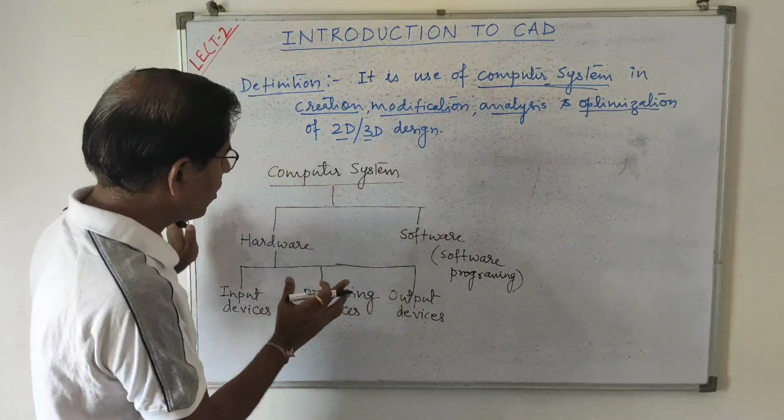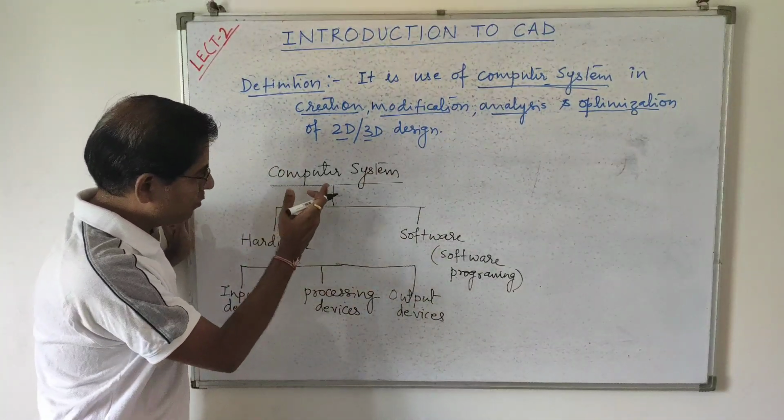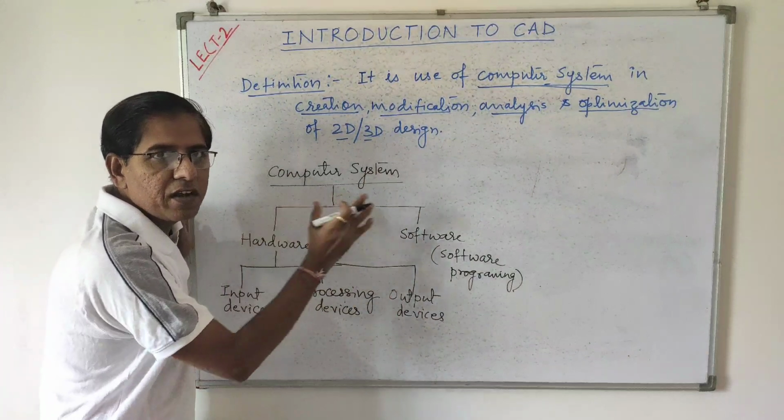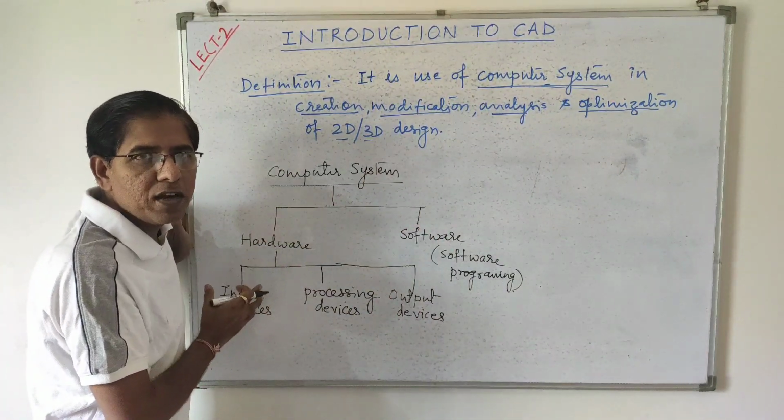So this is how a computer system is categorized. A computer system is categorized into hardware and software. Hardware is again categorized into input devices, processing devices,